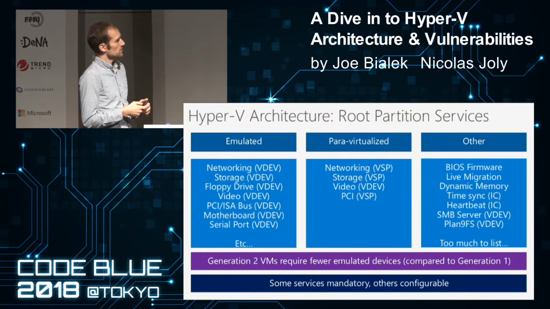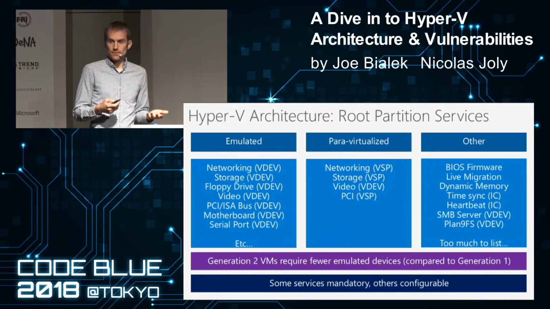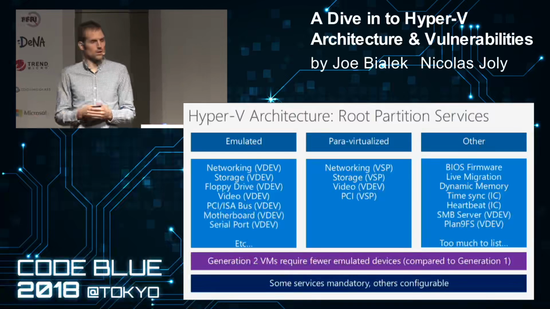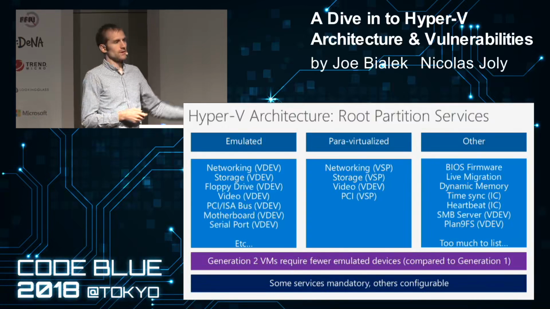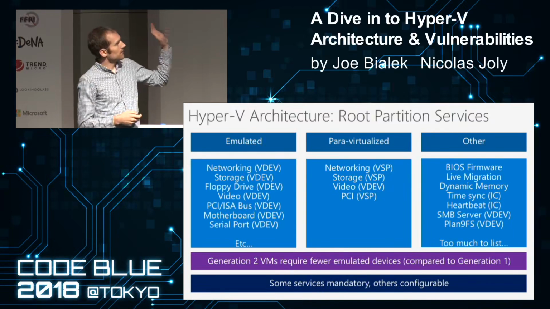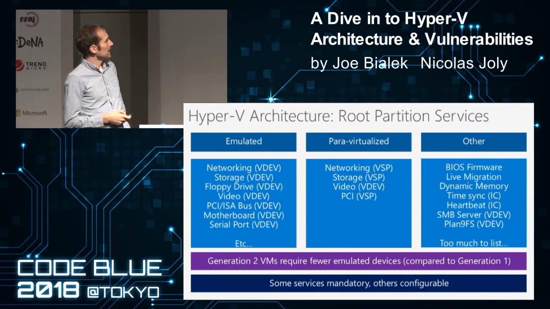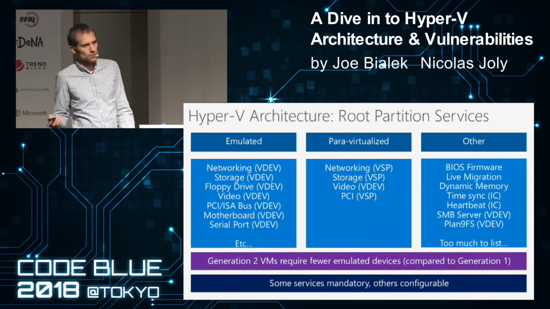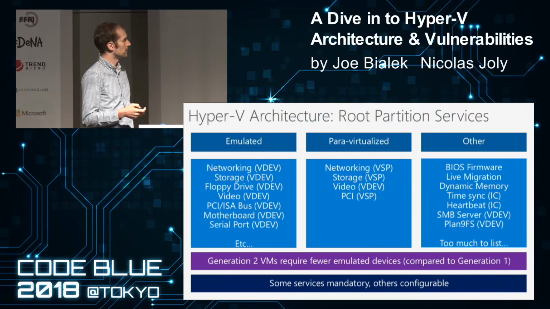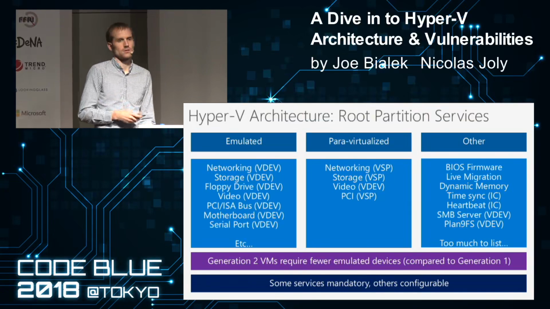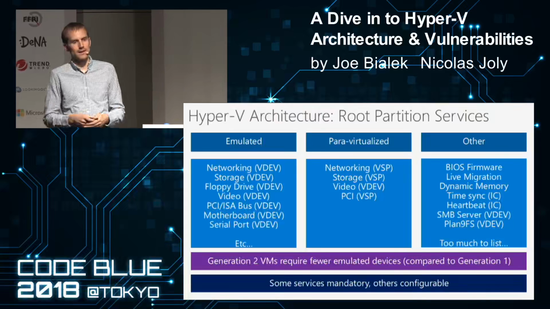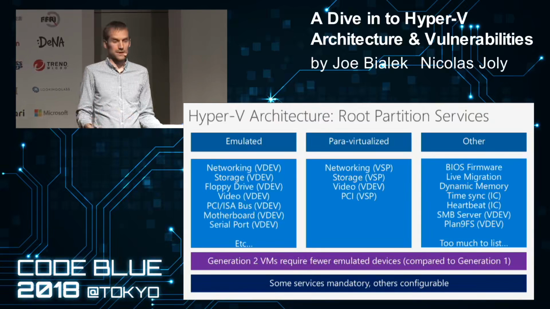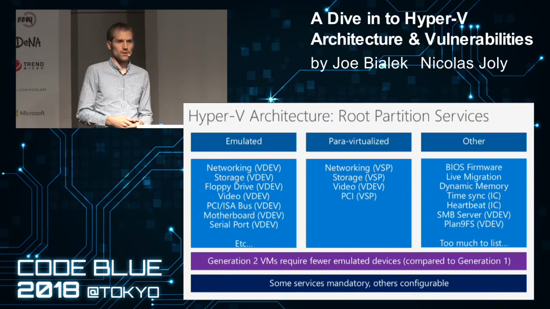So for virtual machines that aren't really aware that they're virtual machines, they think that they're running on real hardware, we have a whole bunch of devices that we emulate. So we have a network card that we can emulate, we have an IDE device, hard drive, optical drive that we can emulate, floppy drive, video card, etc. So just basically any piece of hardware that an operating system expects it should be able to communicate with when it's running on bare metal,